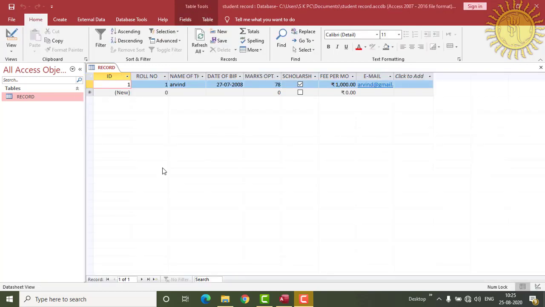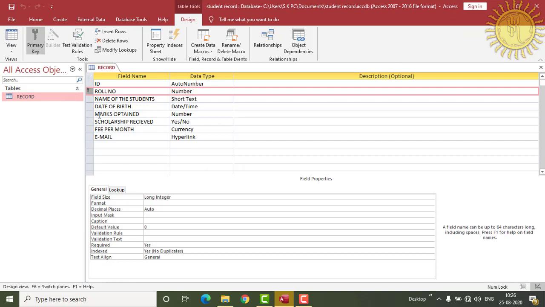Now our next topic is inserting a new field in design view. In this we will see how to insert a new field in the design view. For that, first we have to go to the design view, so just click on the view button and go to the design view. So this is our design view, and here you have to insert the new field.